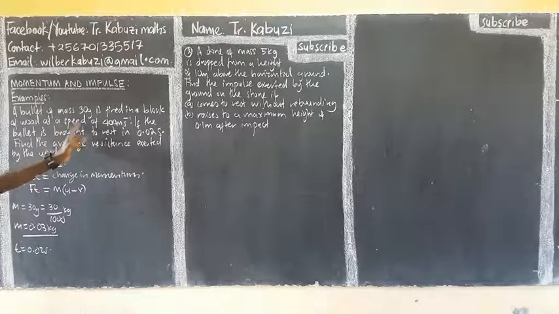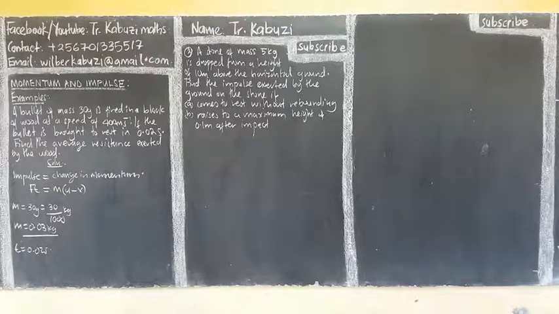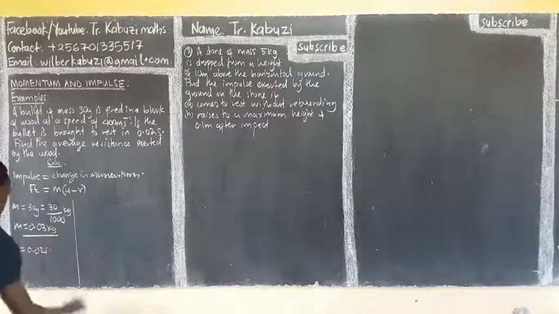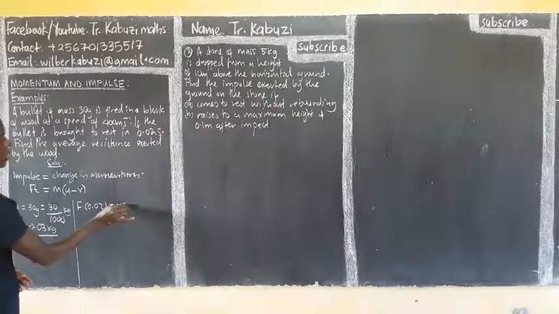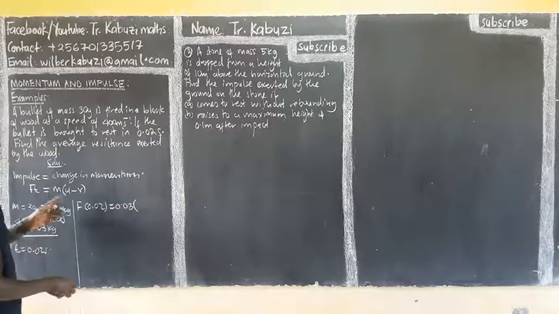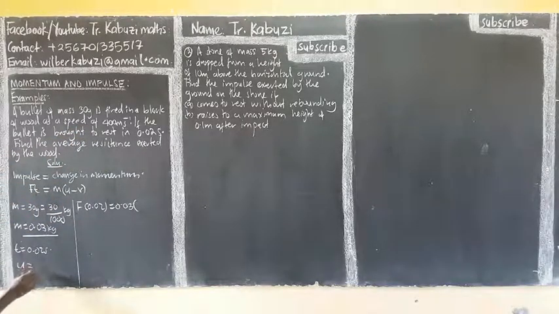At the speed of this, so this is our speed. When it hits into the wood, it means that our final velocity is going to be 0. So that's why I'm talking with U minus V. So from there, substituting in there, I have F into now 0.02 equaling our mass, which is 0.03. Now our U from here, at the velocity, meaning that our U there is going to be 400